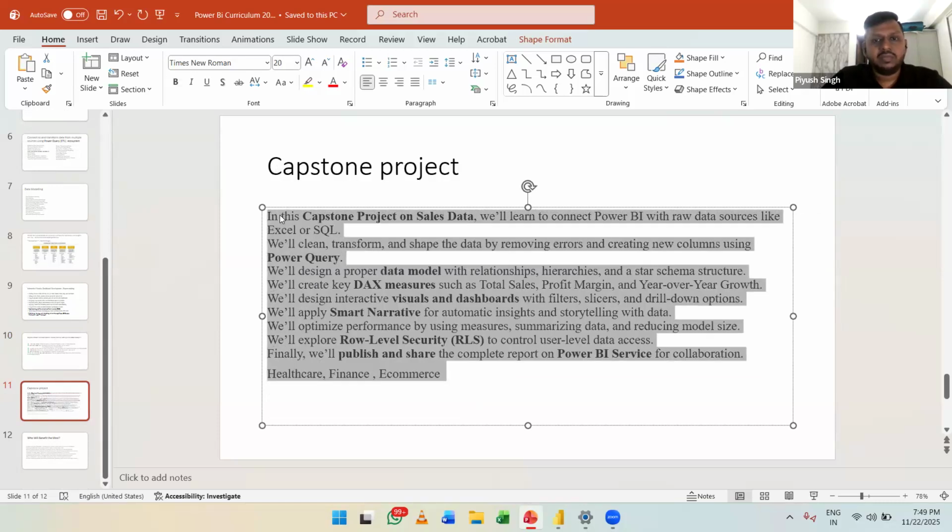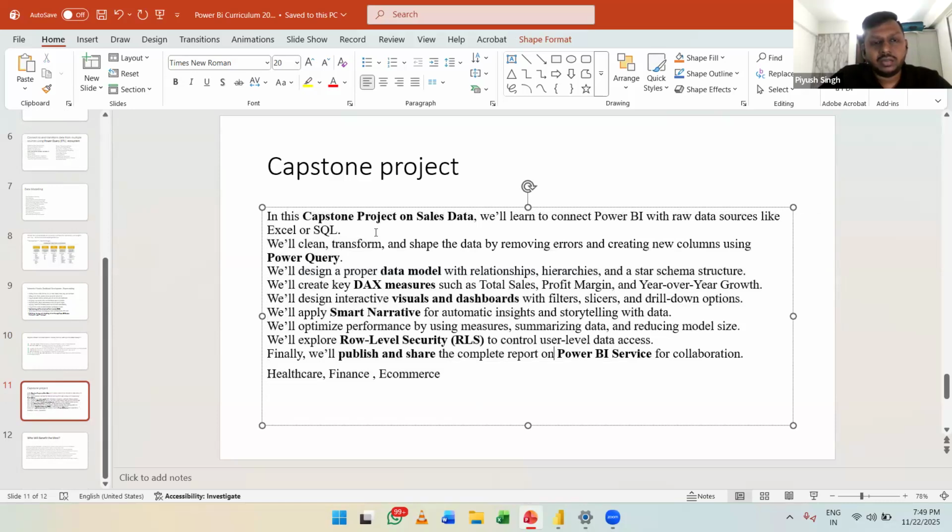So yeah, then comes the capstone project. Capstone project is nothing but a project where I will be sharing data with you and I'll ask you to make a project. I will give you a BR, business requirement document. It will have requirements, KPIs, and a couple more pieces of information which I can't share here.